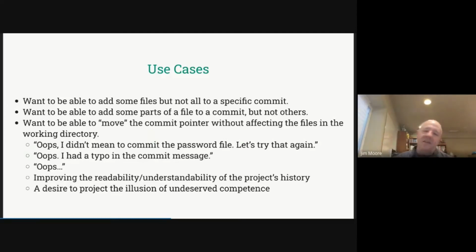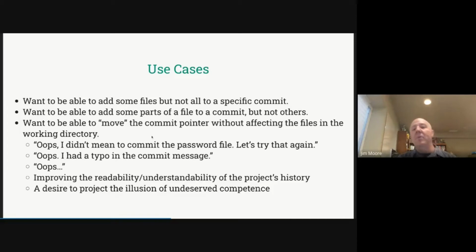I check those in, but it's a very manual process. You don't have to do that with Git. I'll show you an example of that later. But so you can do just like, okay, these are the changes. These are the lines that I actually want to be a part of this commit. Everything else, just ignore, and I'll take care of those later.